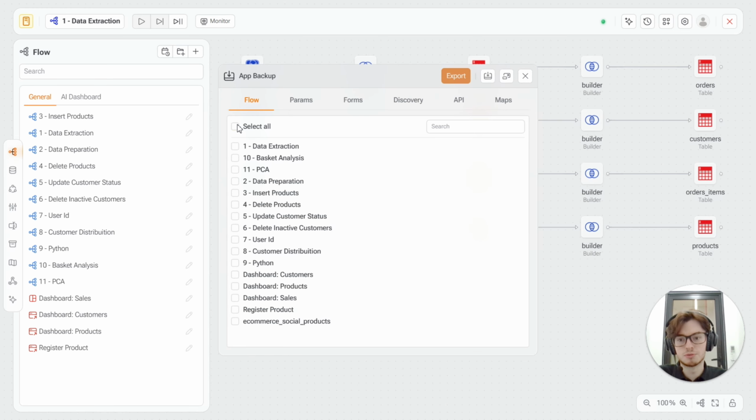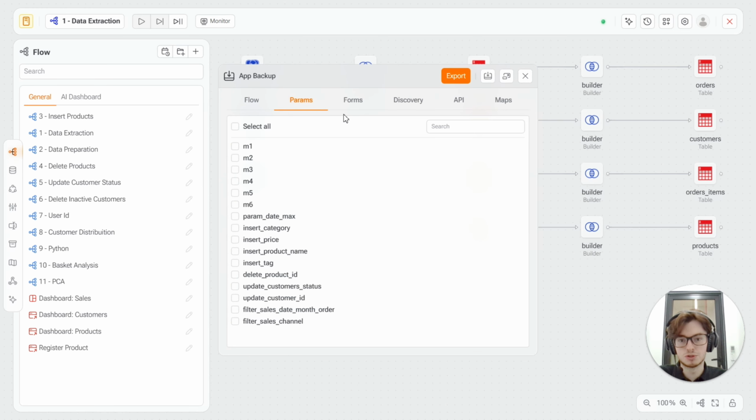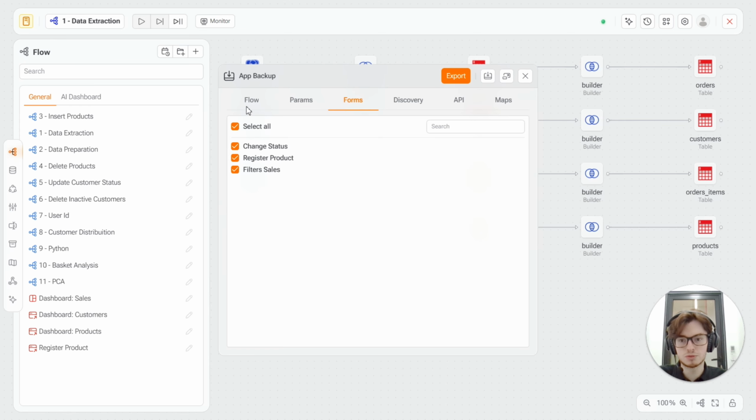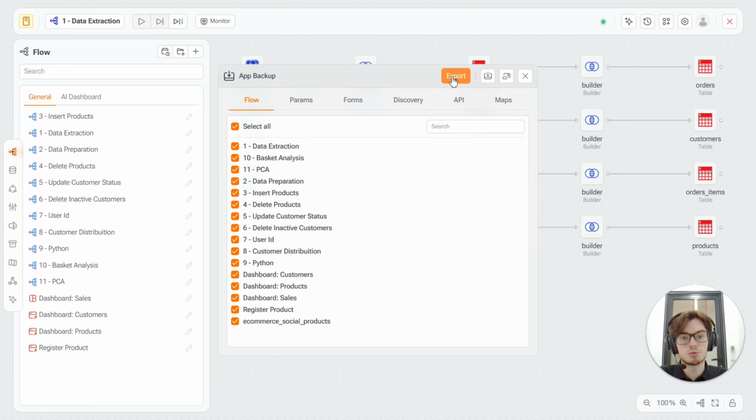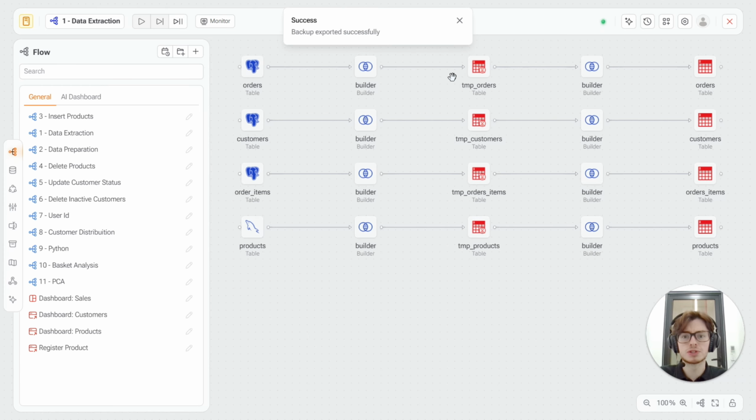export. Here I'm just going to select all of my flows, parameters, and forms, and then you can just click export. Once that process is completed, you'll get this success message here just letting you know that everything's good. And then to actually download your exported flows or your backups, you can just go here on the left